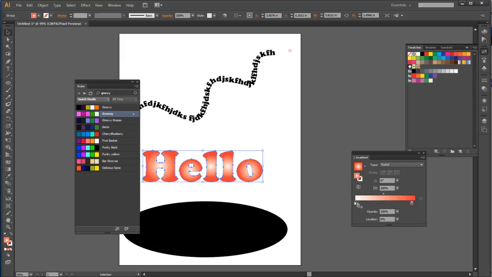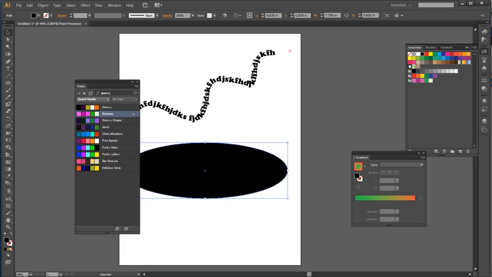Oh, let's see, I want this. Yank off that white. Okay, well, you can play with that to get it the way you want it. Then once you have that gradient fill the way you want it, move this thing back on top, go back to your layers,